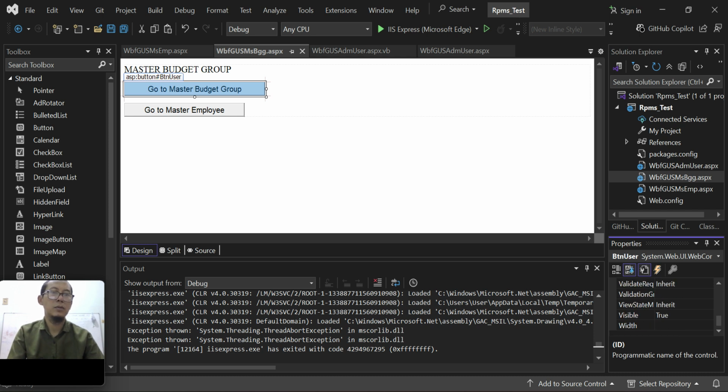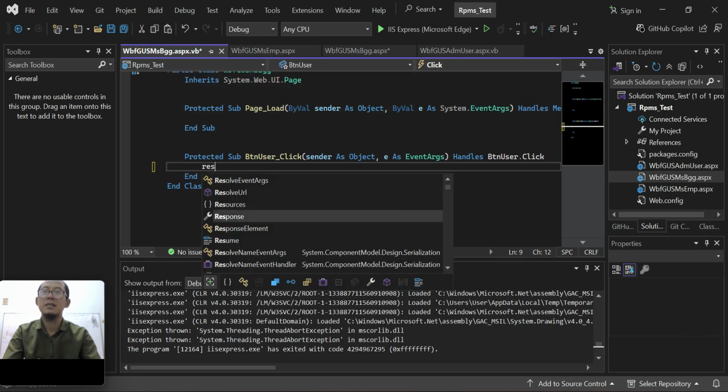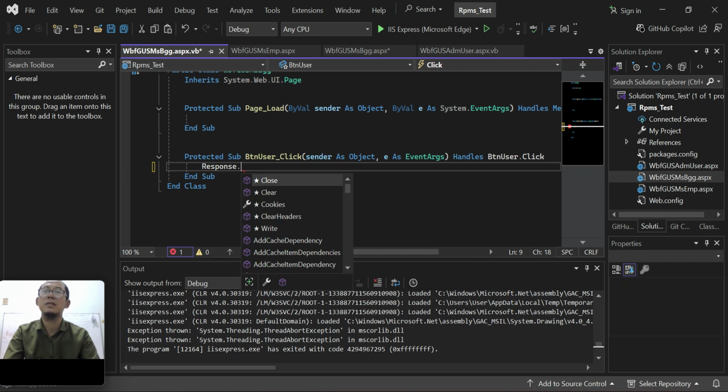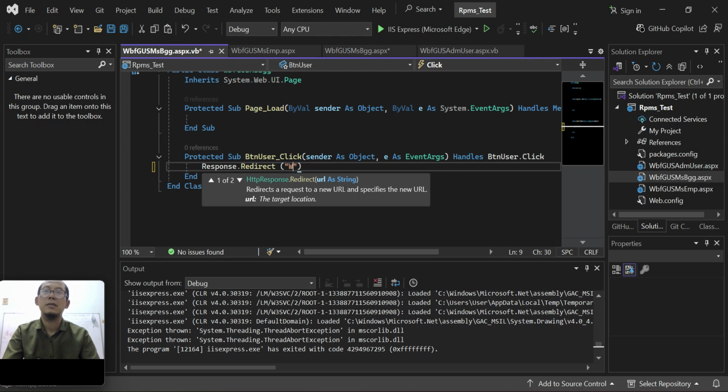Go to user administration. Double click, just the same, Response.Redirect, open quote, mention the name of the web form we want to redirect to, goesadmuser.aspx.